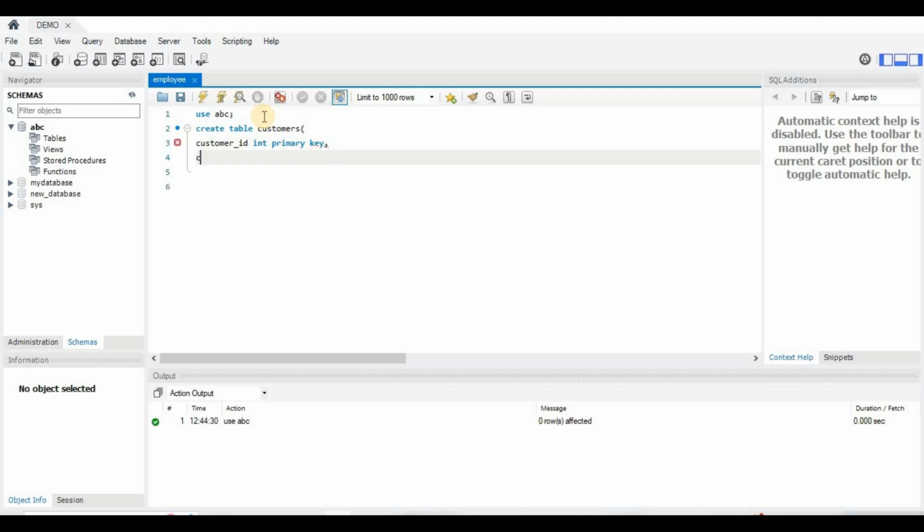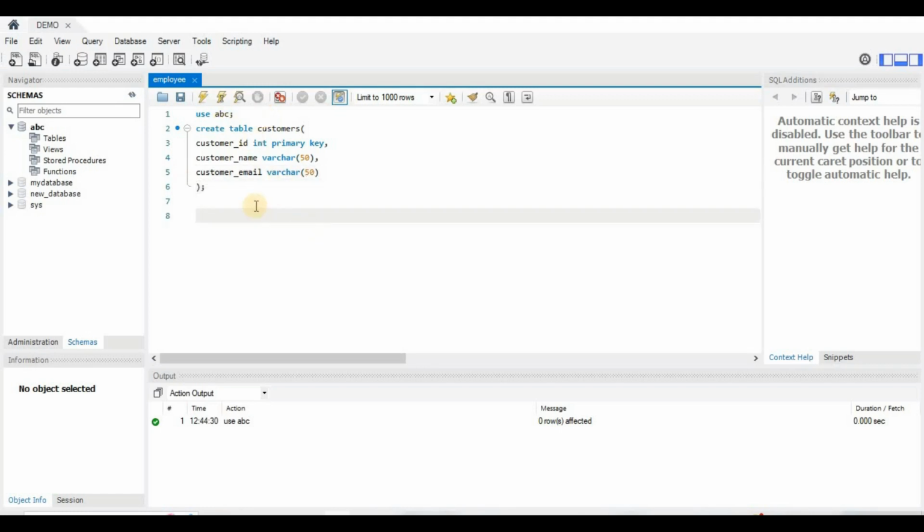Then next is our customer name, and I will take it as a varchar, which is characters, so I will put 50 here and close it, comma. Then I will take customer email, and that also I will take as varchar with 50, and just close the table here.